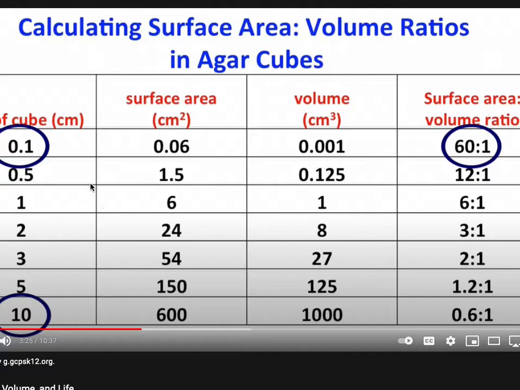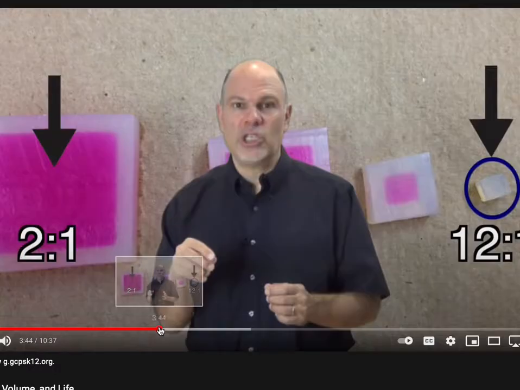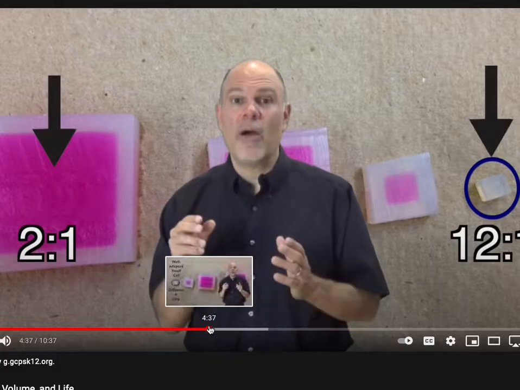And that's true of cells. Cells have to be small because this high surface area to volume ratio allows diffusion to happen at an increased rate. I'm going to go ahead and skip to